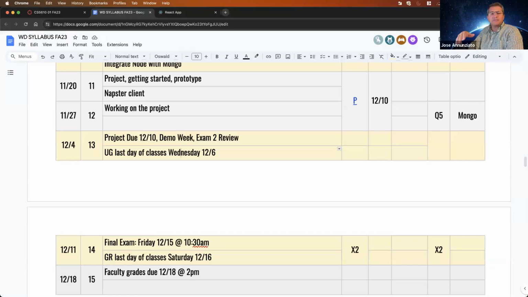But we won't start to grade them until the 11th. What will happen is that you'll all meet at the agreed upon time slot with a TA or myself, and you will demo your project for about an hour maximum. The TAs will ask you to demonstrate the various features that are required in the requirements document, and they'll score you according to the requirements.